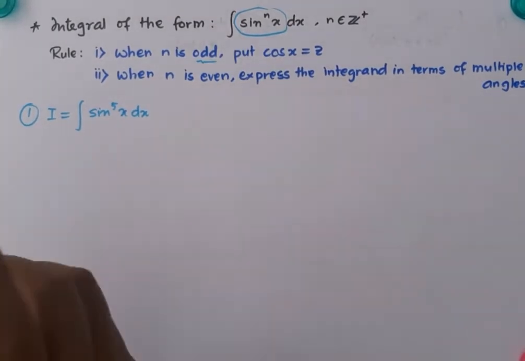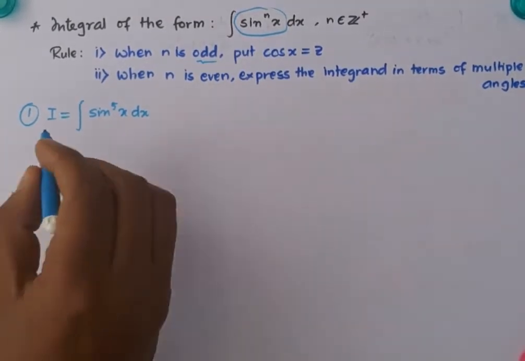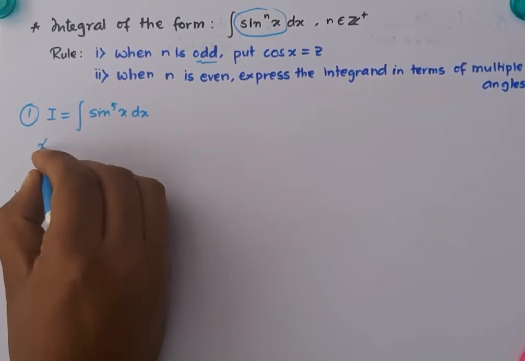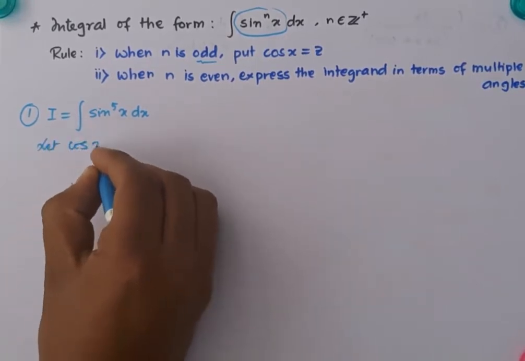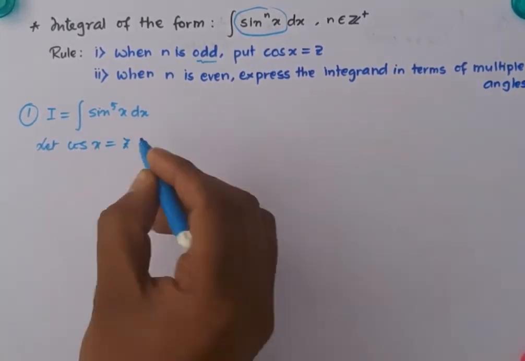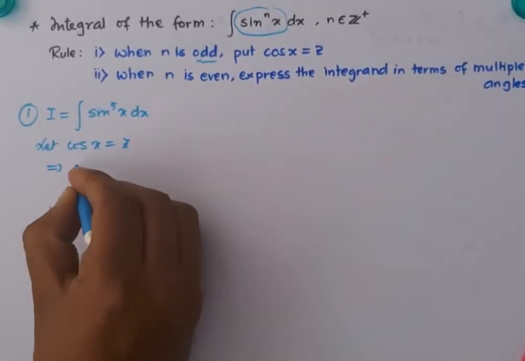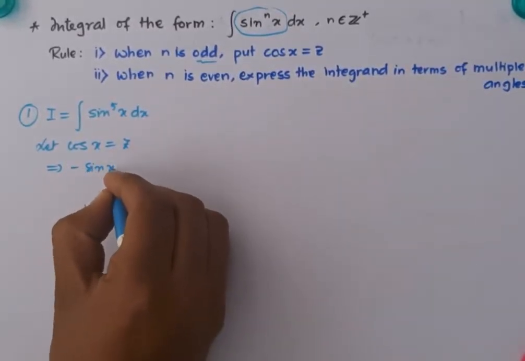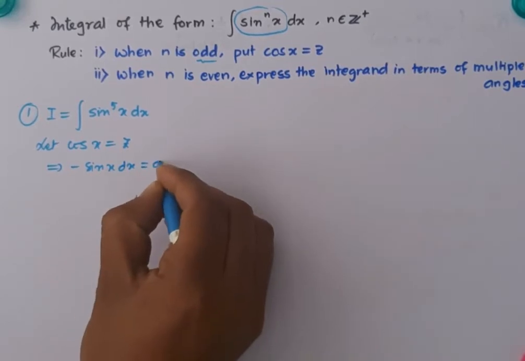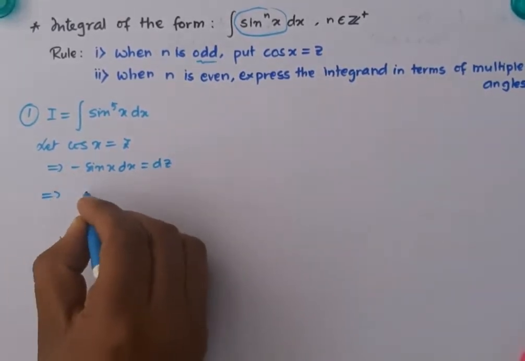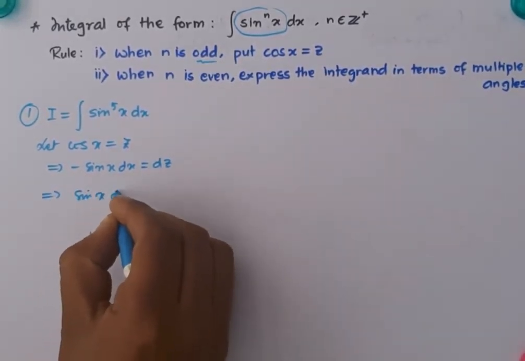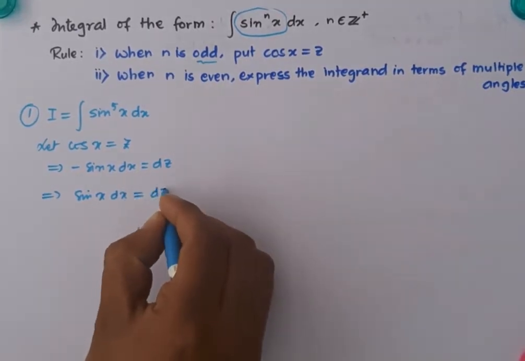So let cos x equal z. Differentiating, we get minus sine x dx equals dz. That is, sine x dx can be written as